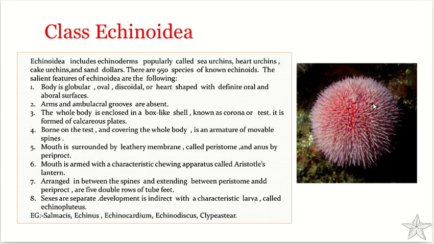It is globular, oval, discoidal, or heart shaped with definite oral and aboral surfaces. Their oral end is oriented towards the substratum, and their skeleton is referred to as the test. The whole body is enclosed in a box-like shell. It is known as a test or corona, and it is formed of calcareous plates. Okay, it consists of almost 10 sets of closely